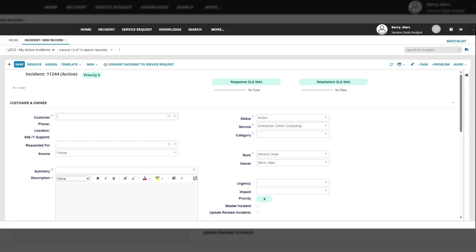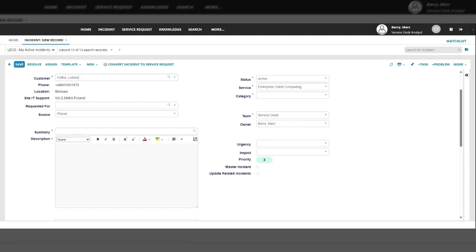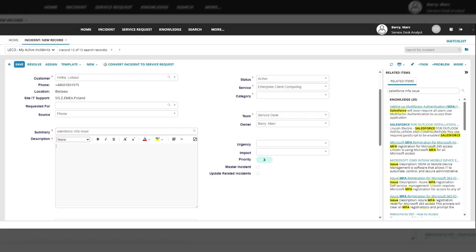You can enter the username here. In this case, it will automatically pull back the customer's phone number, location, and the Site IT support group associated with this location. And you'll be required to fill out any of the fields that are highlighted with a red asterisk. So entering a summary, if this person is experiencing an issue with Salesforce MFA,